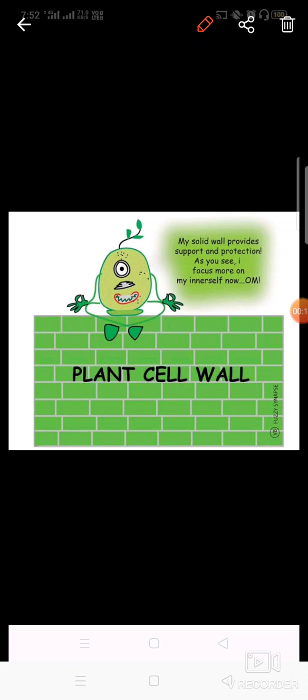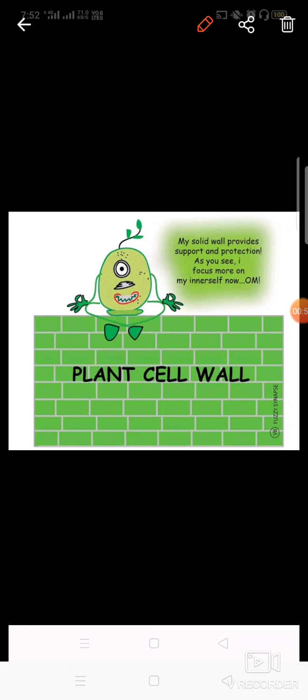This you have seen in the structure of the plant cell, that its outermost covering is actually the layer which surrounds the plasma membrane or the cell membrane. So in the plant cell, one more structure, one more layer is present, and that layer is called the plant cell wall. It is present in plant cells only. Other than that, it is also present in algae and bacteria.